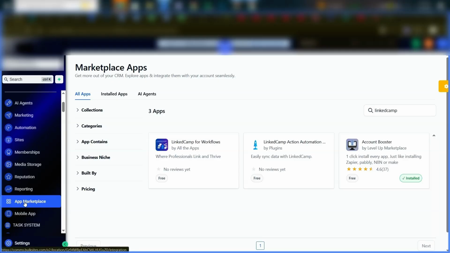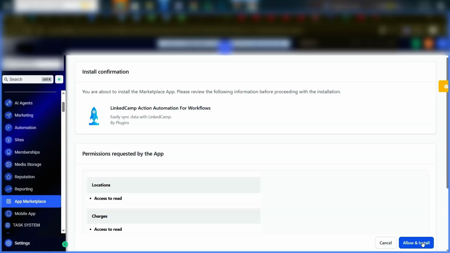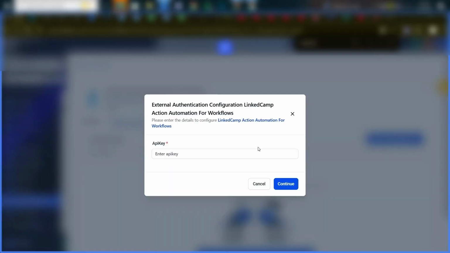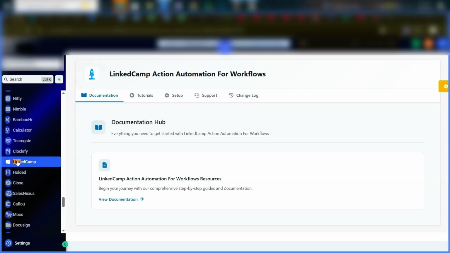Navigate to App Marketplace, search for the app and click on it. Click on Install and click on Allow and Install. Ignore this pop-up. Once you're done with your installation, reload the page and search for the custom page of the